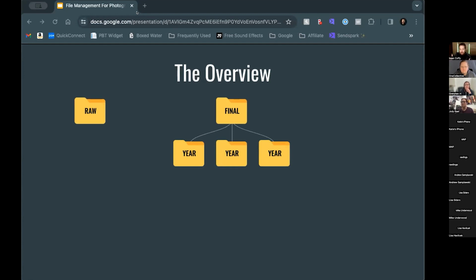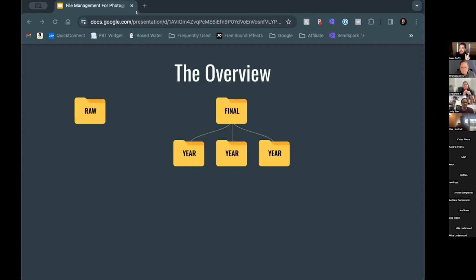And then I launched within, I don't know, 4 or 5 years of starting my business initially, where I was just seniors. I launched and I did some sports and schools and stuff like that. And then we actually launched a boudoir brand at one point, and all these files and folders just started getting crazy. So this is where we're starting, where it's just